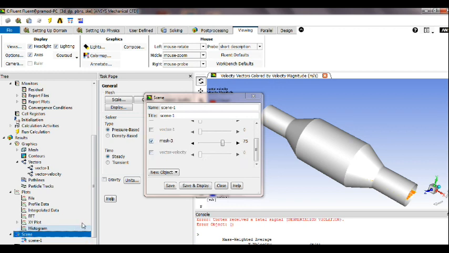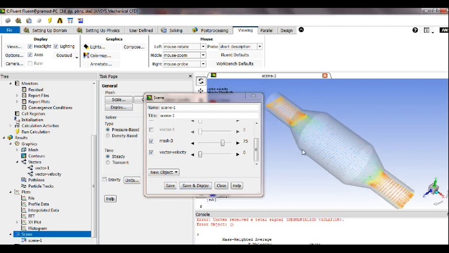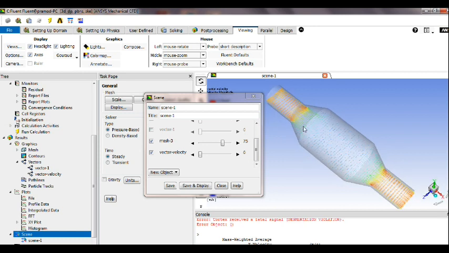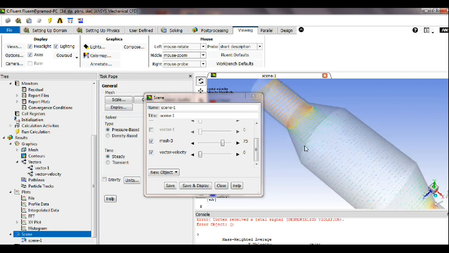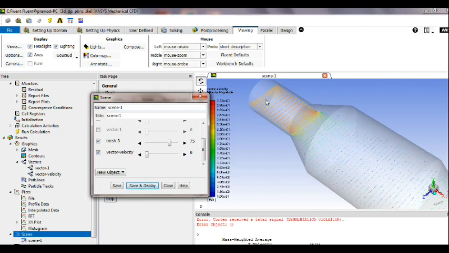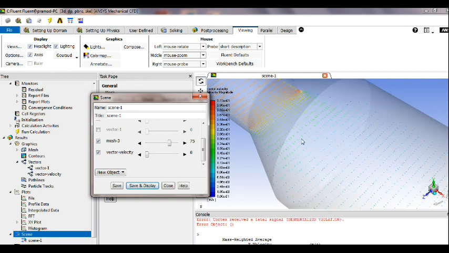Now go to the scene 1, and already we have selected mesh 3 and transparency is 75. Select the vector velocity. Now you can see at the center of the porous media we have the plane, and we have plotted the vector contour there. Now you can see